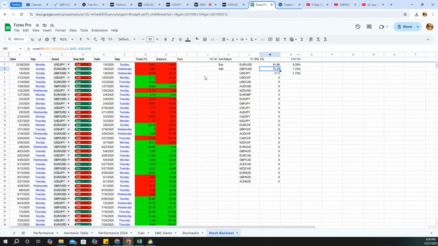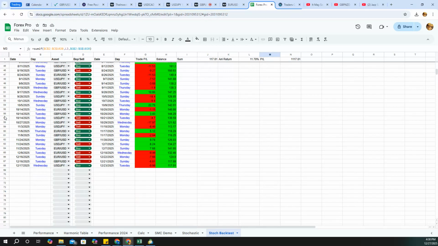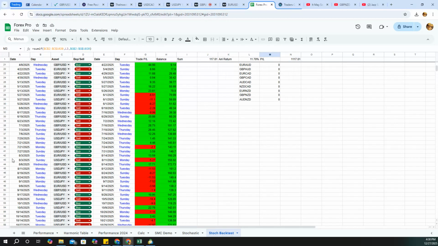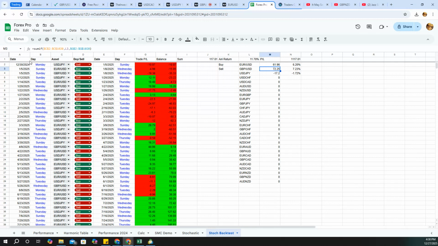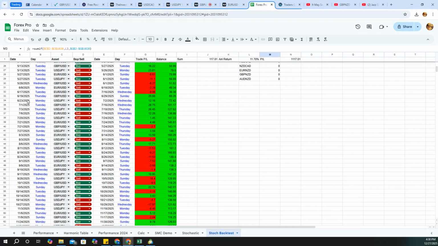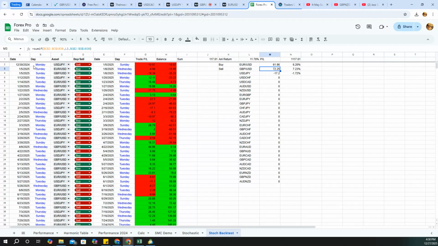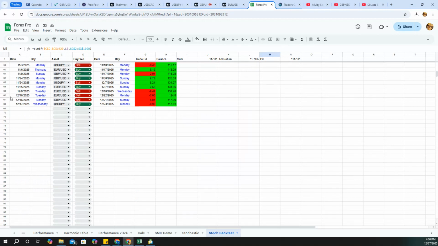of the experiments. I don't have the number of trades per pair, but I have the total amount of trades that generated this. It's 67. Why 67? Because the first row is taken by the titles, and then later on in row 2 we start with the trades, and we end up in 68. That means the total trades for all the 3 pairs are 67